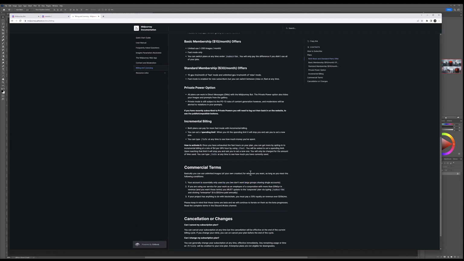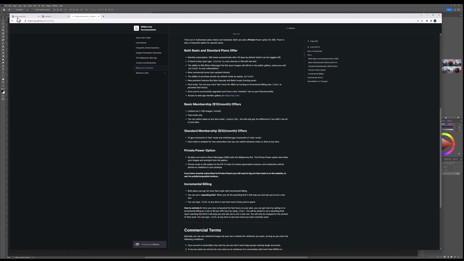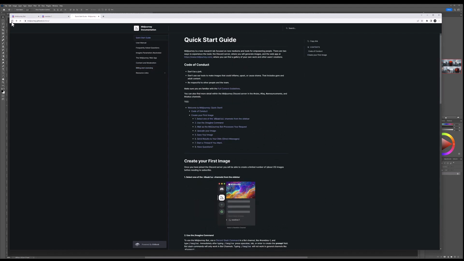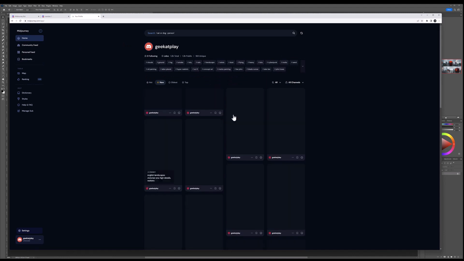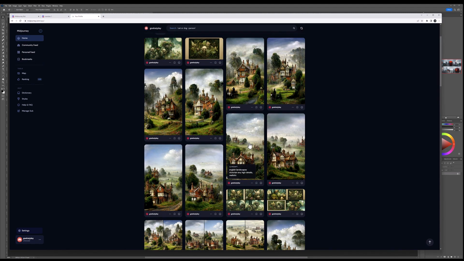So you can resell, you can create merchandise, you can include it in your commercial work and everything. And I found that this is a huge plus, a huge attraction for me to Midjourney, because of the usage of the artwork that AI generated based on the word text string that I put in. Okay, so you can look right here. We have images and you can see what I was rendering.